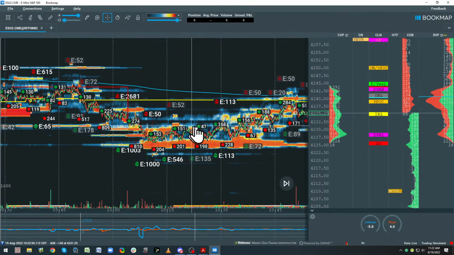But here's what's more material to me. Where's the retail price? Here. Where's the stops? VWAP. Do I want to join these guys? No, I don't. Where's the mid? 42.43, 75, I think. Somewhere up in here. So, mid VWAP.